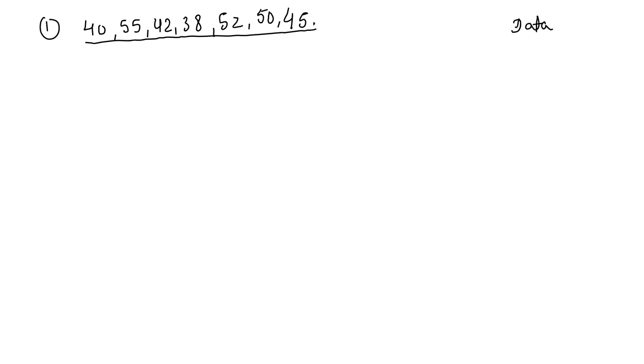Find out the median of 40, 55, 42, 38, 52, 50 and 45. And one thing, always remember, when only an individual series is given, then before calculating the median, first arrange your data either in descending order or in ascending order. Clear? Data array is compulsory for median. What is a data array? Arrangement of the numbers either in ascending or descending order. So this is the case of individual series.